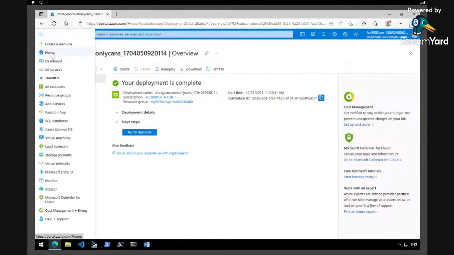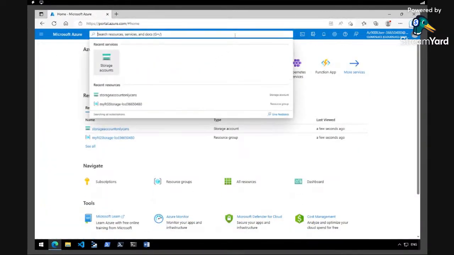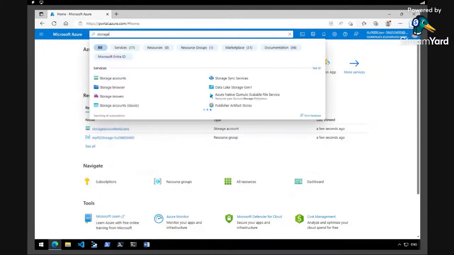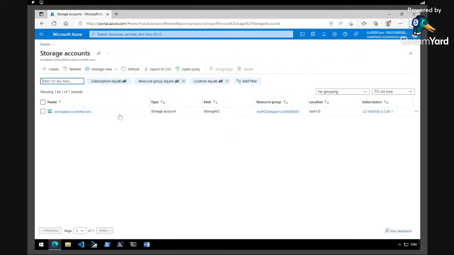So now let's go to the home page, and in the search field, type storage. Storage accounts pops up here, and we're going to ensure that our storage account is listed, which it is. Now we're going to work with blob storage. So in this task we will create a blob container and upload a blob file. So we're going to click the name of the new storage account,